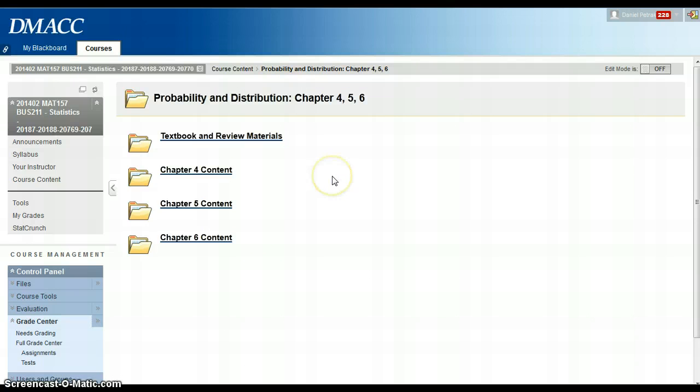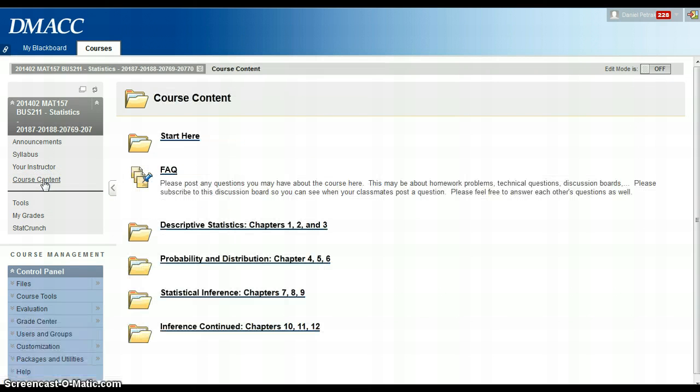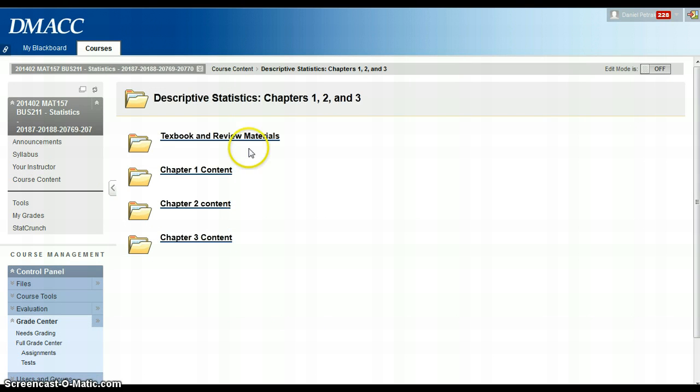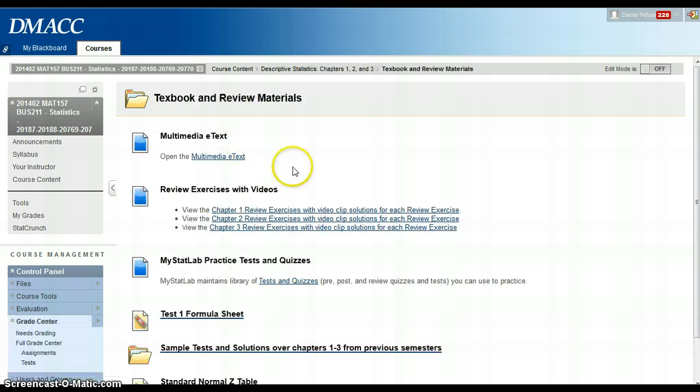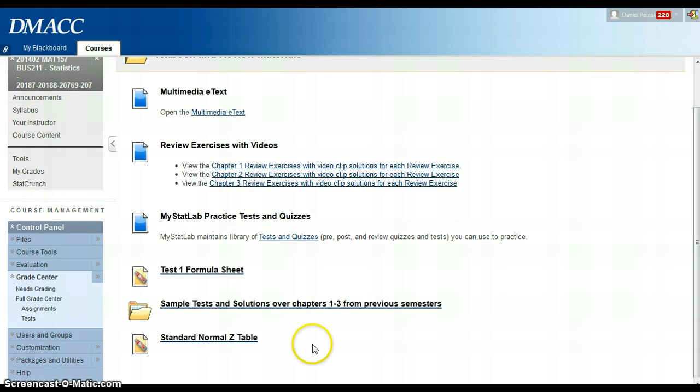Oh, the first test is graded. I have one or two people that have not taken it for various reasons. I want to release the exam and the solutions as soon as I have those, and that will be under chapters 1 through 3, where it says textbook and review materials. I'll actually post where it says sample tests and solutions from previous semesters. I will actually put the solutions